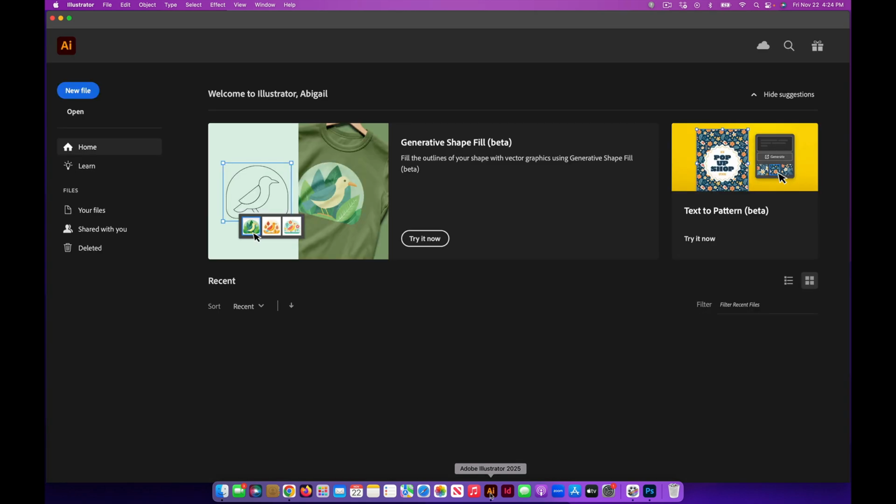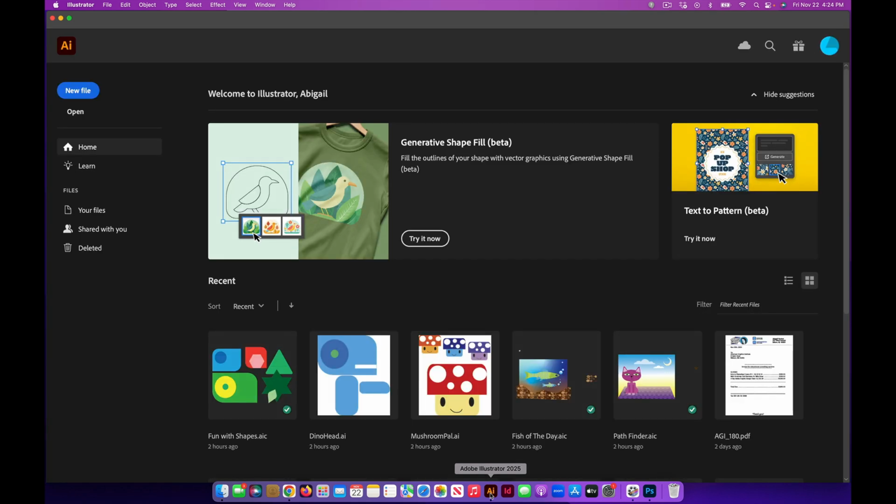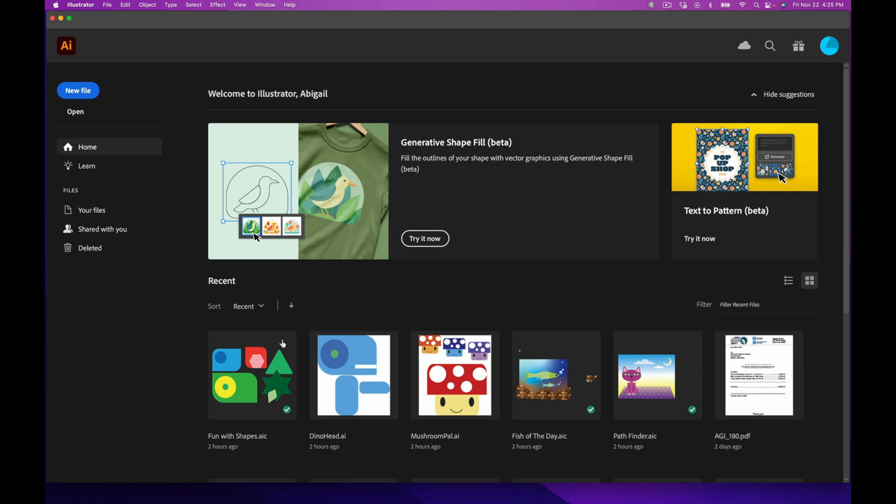To begin, we'll find ourselves in this home screen, and my home screen will not match yours because I've been working in Adobe Illustrator, and these files down here are recent projects. For us to all get started, let's make it quick and easy. We'll find here on the left side of the panel the New File button. Go ahead and click that,